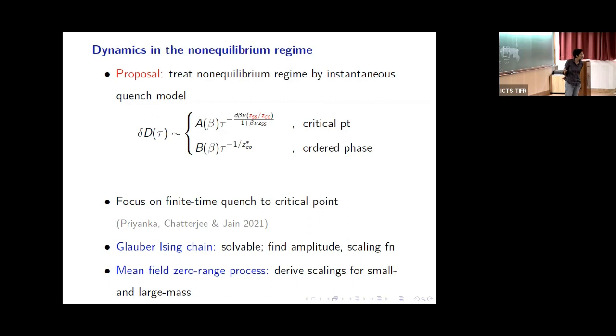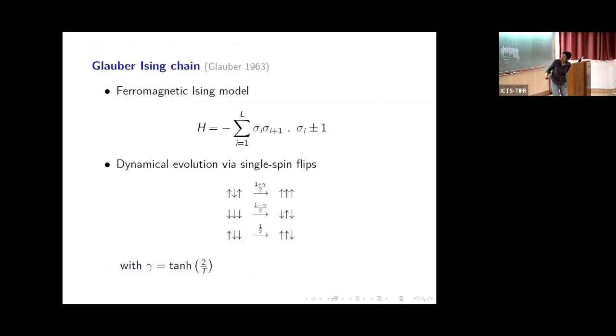Mean field case? Yeah, so t equal to 0. So I'll explain. So this is the Glauber-Ising chain, the ferromagnetic Ising model we are thinking of, and the Glauber dynamics is in this